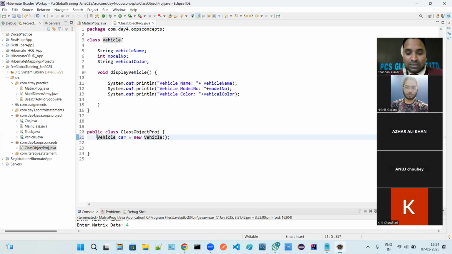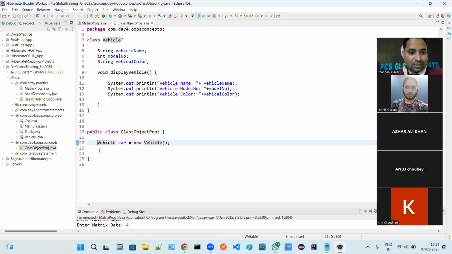This way we can define the object of the class: class name, object name, equal to new, and then the class name once again followed by this. Just remember, wherever we use this new keyword, basically we use it to create an object of the class. Are you getting my point?